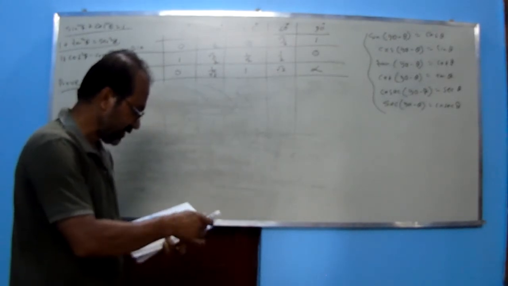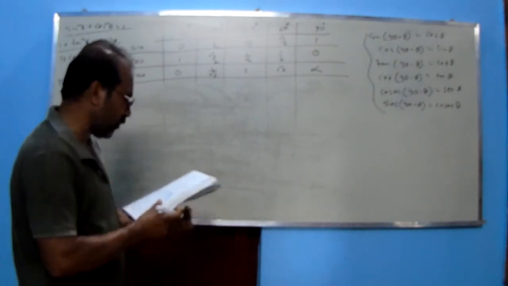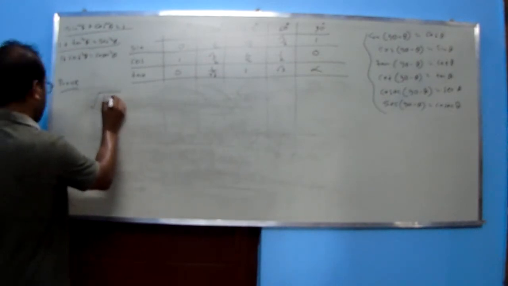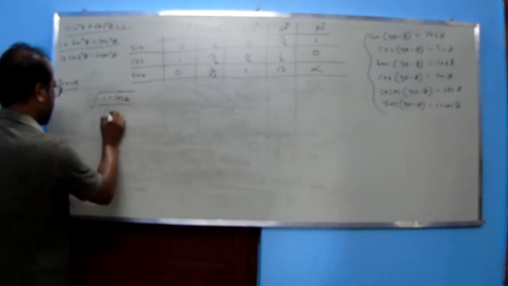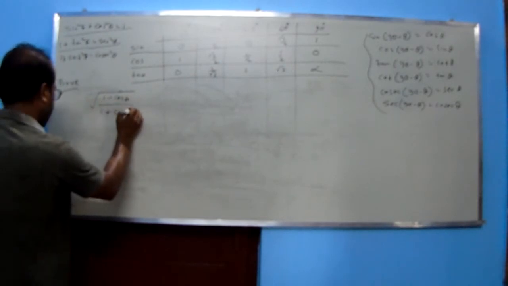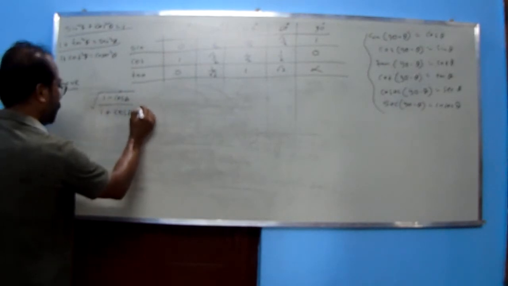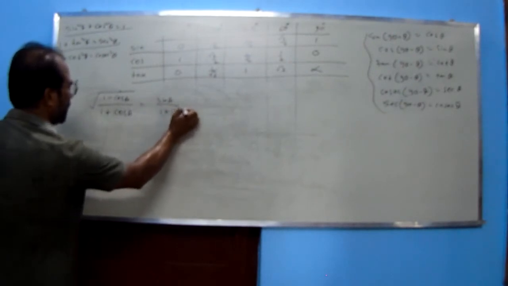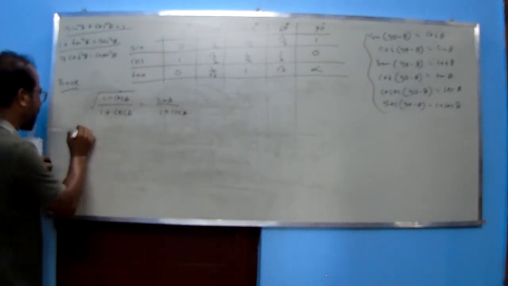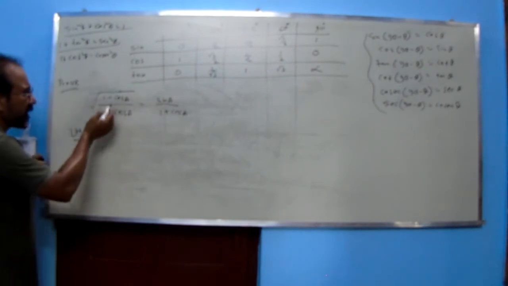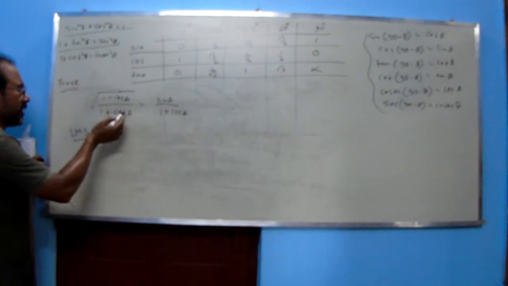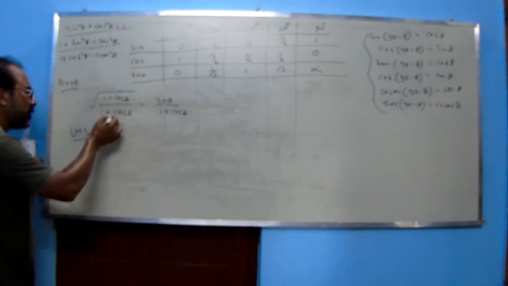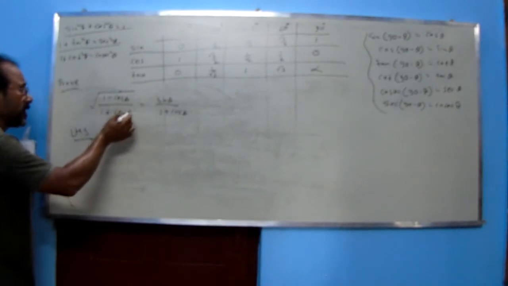Again it is the same way. You just take it, this is homework for you: prove that root over of 1 minus cos a divided by 1 plus cos a is equal to sin a by 1 plus cos a. So it is also the same math. Just write the LHS, multiplied on both sides with 1 minus cos a, so the numerator is also multiplied by 1 minus cos a, and the denominator is multiplied by 1 minus cos a.